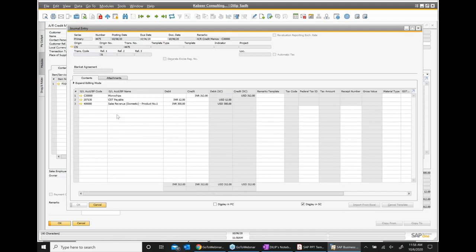If I see the journal entry here, look at the difference. In this journal entry, in the finance, because most of these transactions have a finance impact, everything is revolving around finance. This finance impact is very critical. Now if you see, there is no stock account. My customer is credited, my tax is debited, my revenue is debited. Stock account, no impact.